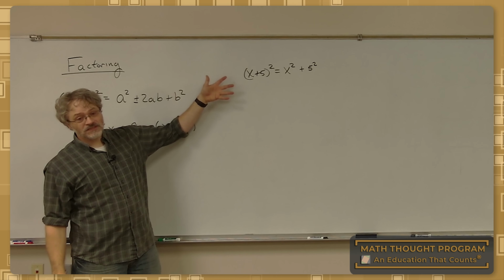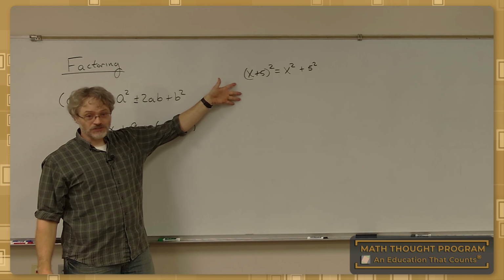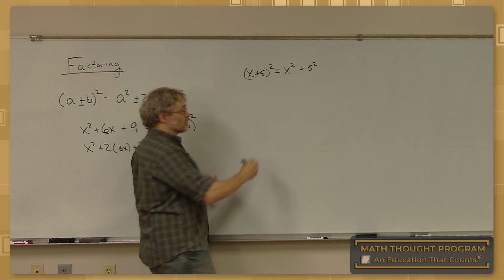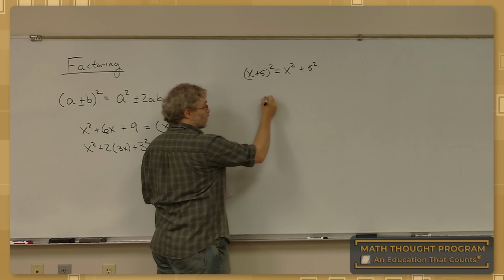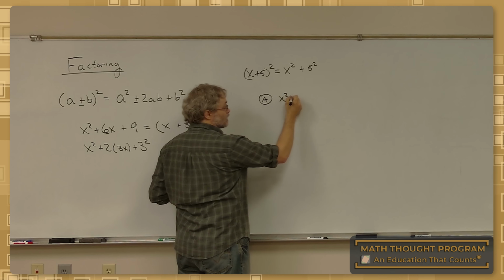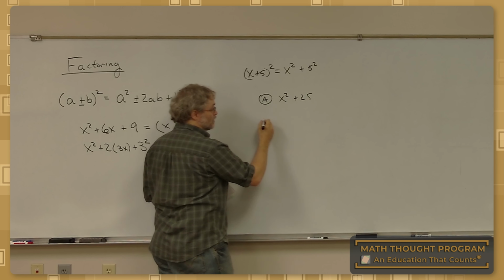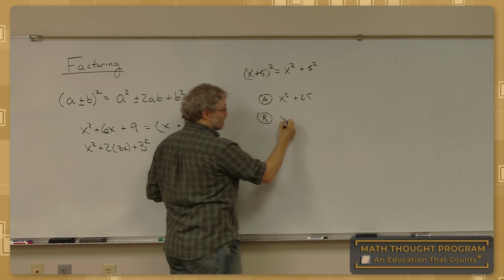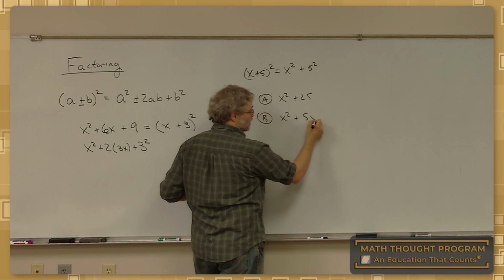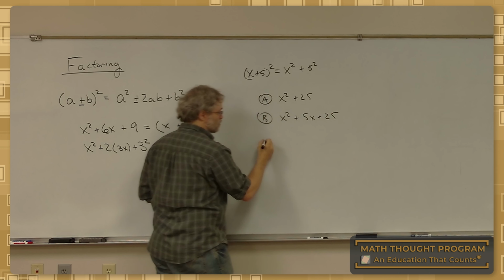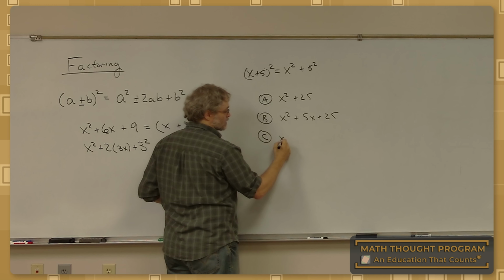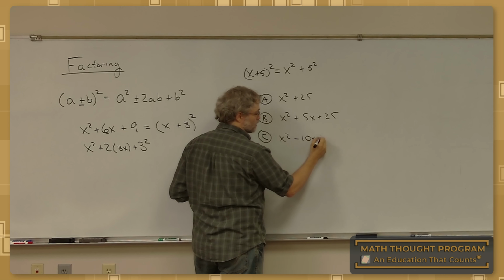So if this is a multiple choice question, let's say A is x squared plus 25, B is x squared plus 5x plus 25, and C is x squared minus 10x plus 25,